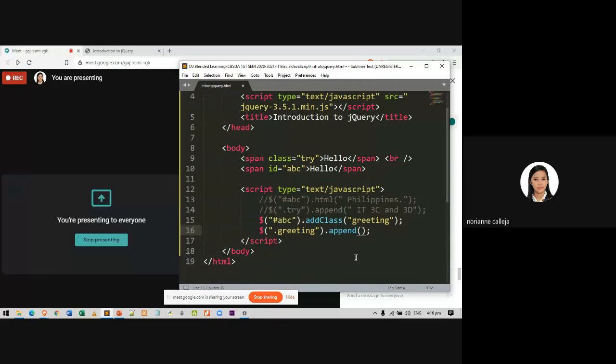So, I will be appending hello web development. This part is a class selector selecting this element because we already added a class here. Then after adding, we append some text to the existing text.